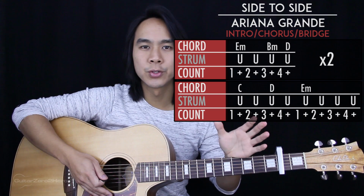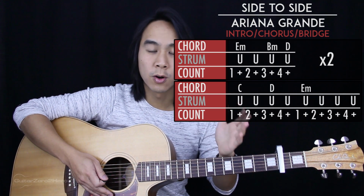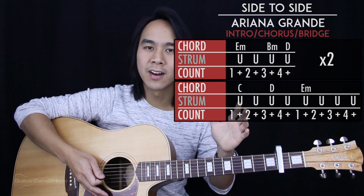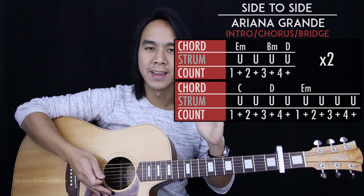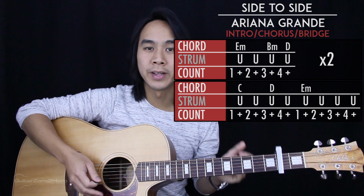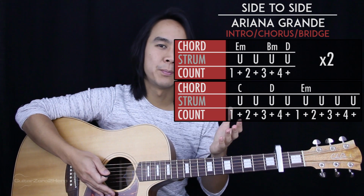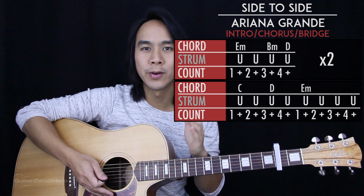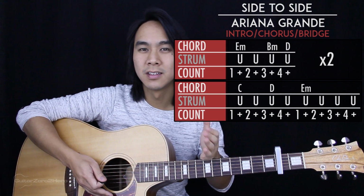So let's start with the intro of the song, which is also the chorus and also what we're going to play for the bridge as well. Now the guitar in this song has a reggae feel to it, and what that means is you're going to be doing up strums on the end beats. So if we have 1 and 2 and 3 and 4 and,